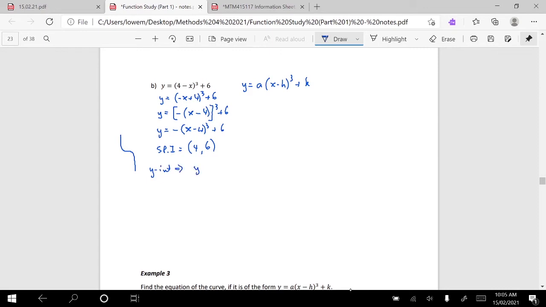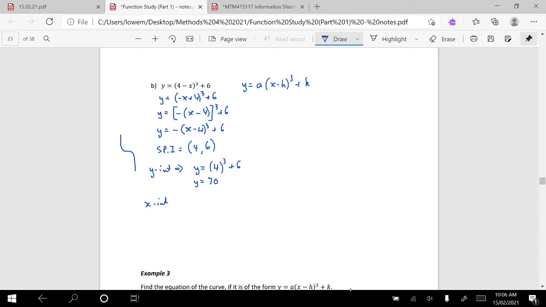So that we have y equals, now x will be 0, so that's 4 cubed. I'm just basing off this here because our x is 0, so that becomes 4 cubed plus 6. So y equals 4 cubed is 64 plus 6, that's 70. And our x-intercept,